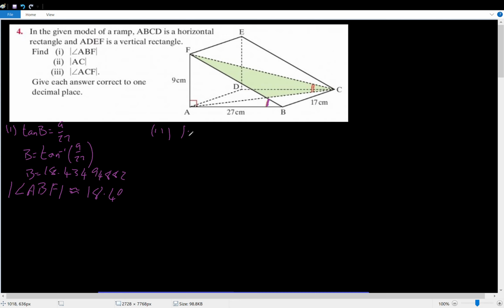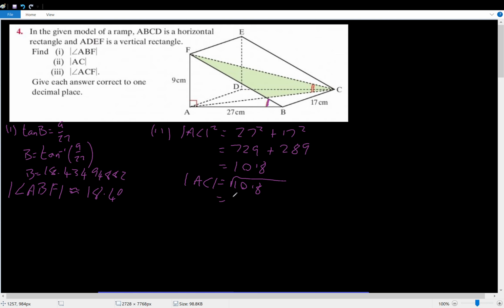We can say that the line AC squared is equal to 27 squared plus 17 squared. 27 squared is 729, and 17 squared is 289. So the sum of them is going to be 1018, which means that AC is going to be equal to root 1018,